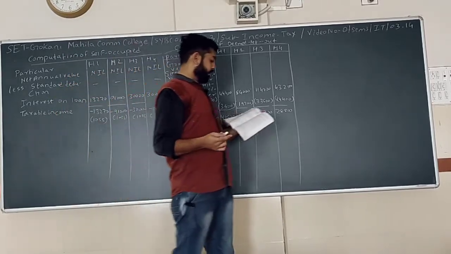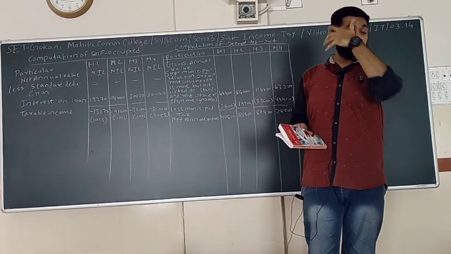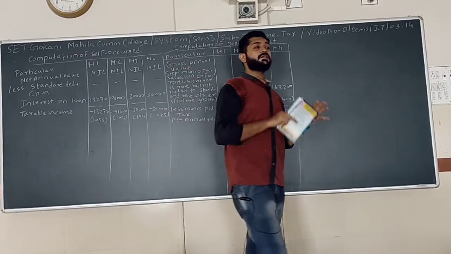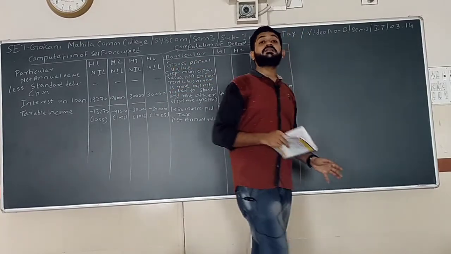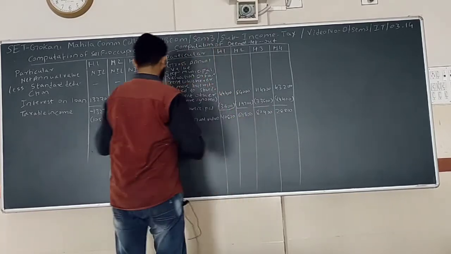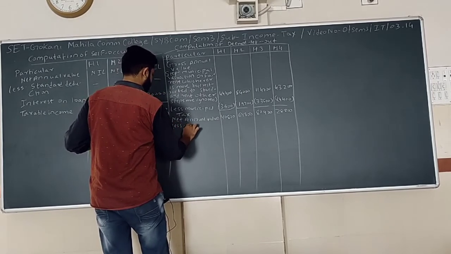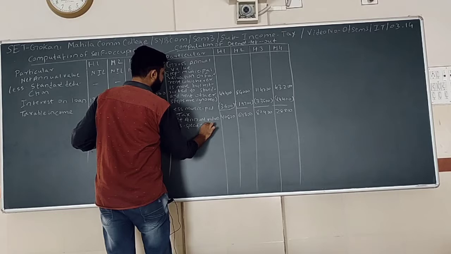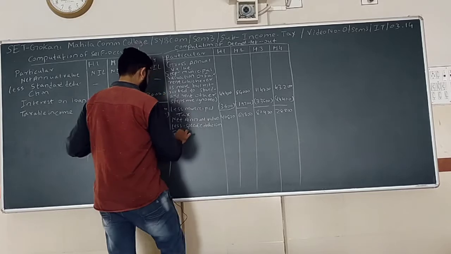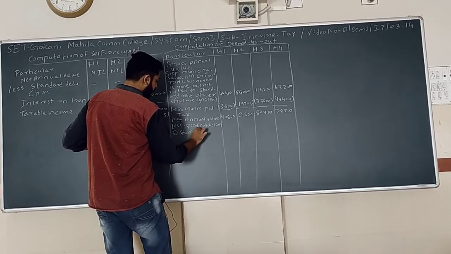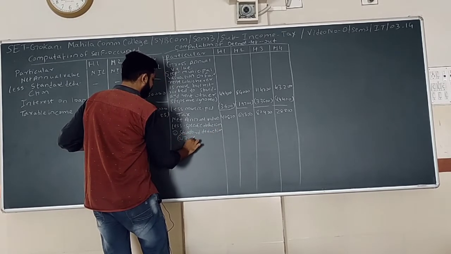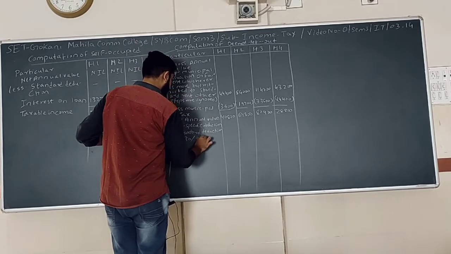Now the next part is deducting the specific deduction. In the deduction we are going to include two parts. First is the standard deduction at 30%, and the second part is the interest. So the first we are doing is less specific deduction. Number 1, standard deduction at 30% of NAV.